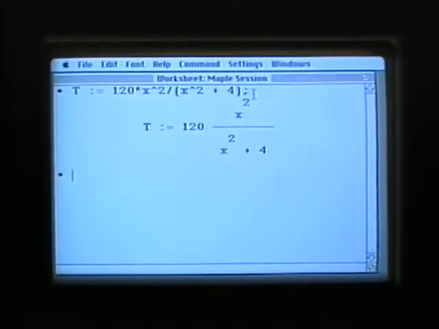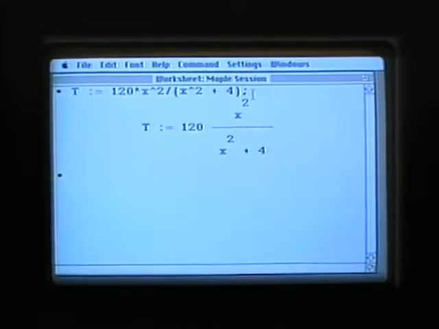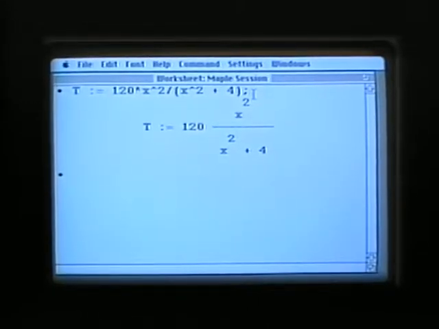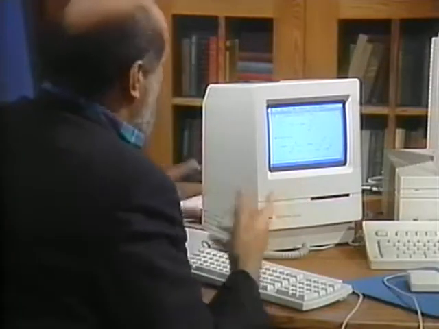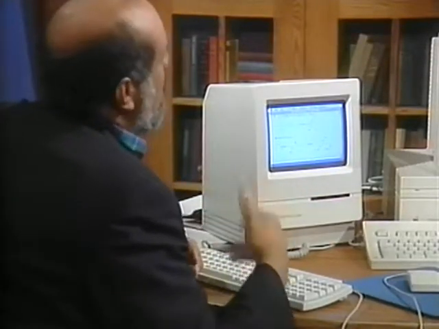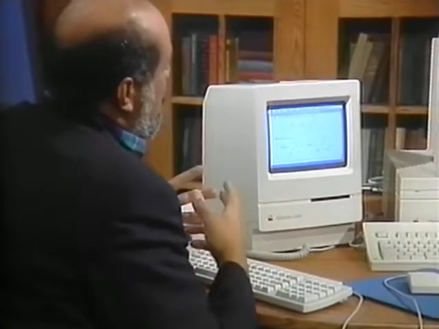Exactly. So once we have it in, we can do things with it, and the standard kind of thing to do with this in an attempt to analyze the function is to differentiate this function with respect to x, and you'll notice there are parentheses and semicolons and that sort of thing, some syntax. Now, the result is not all that complicated, but for my students in a business calculus course, this is difficult to simplify. And they can't really use it in the form that it first shows up, both when they differentiate it with paper and pencil techniques and as it appears here.